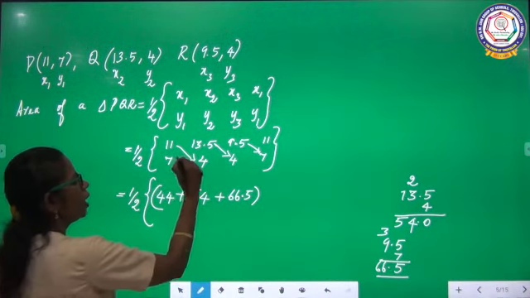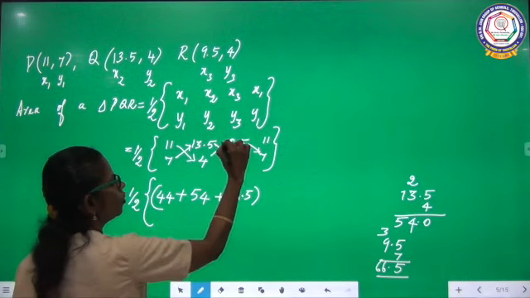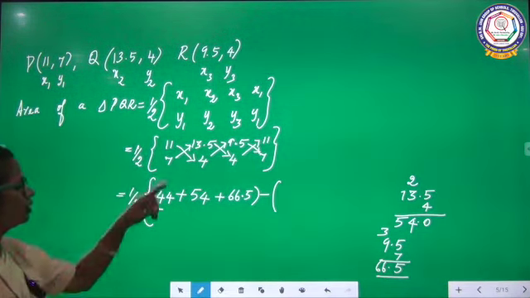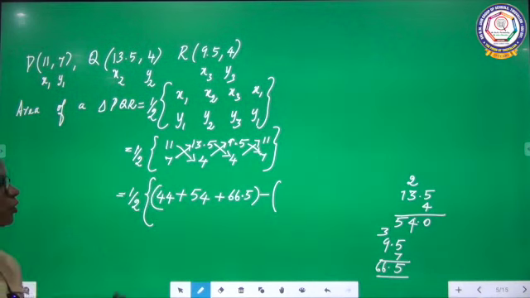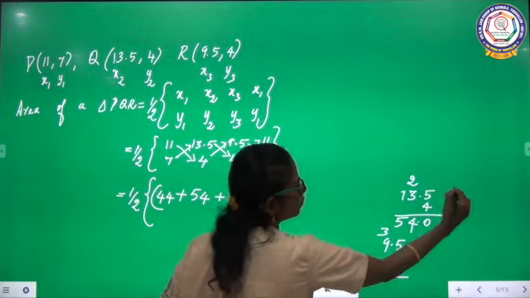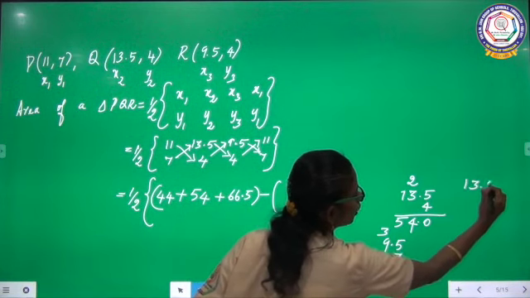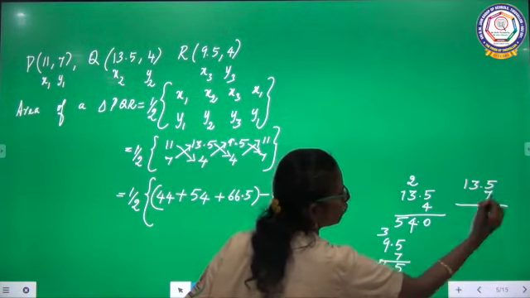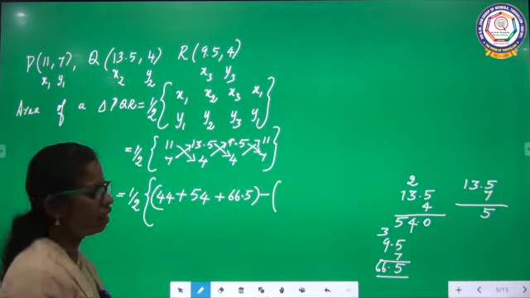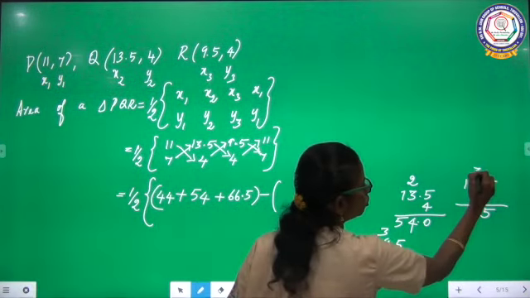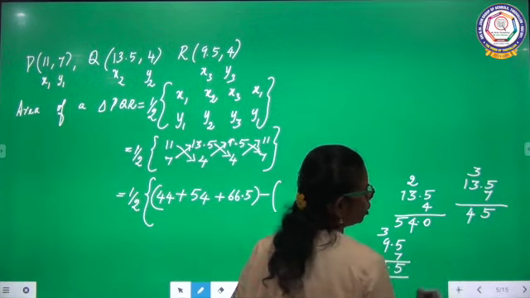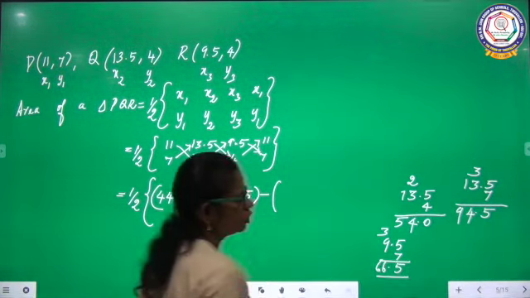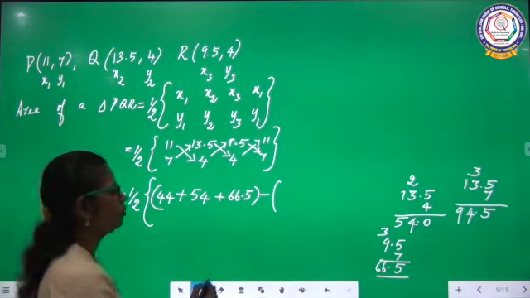Now we will pass on to the upward arrow. Minus 13.5 into 7. 5 sevens are 35. Remaining 3. 21, 24. Remaining 2, 7, 9. How much you arrived? 94.5